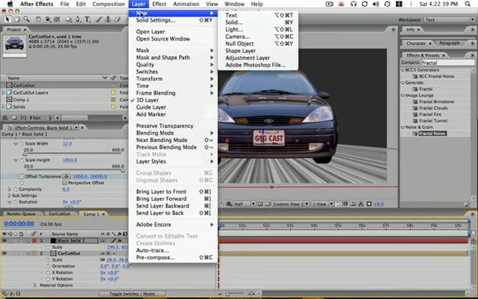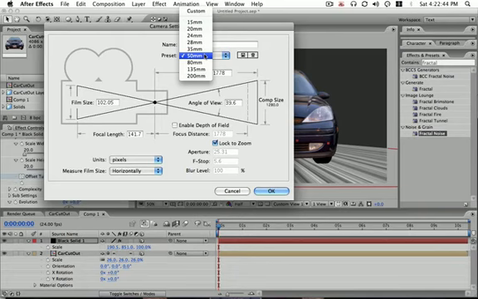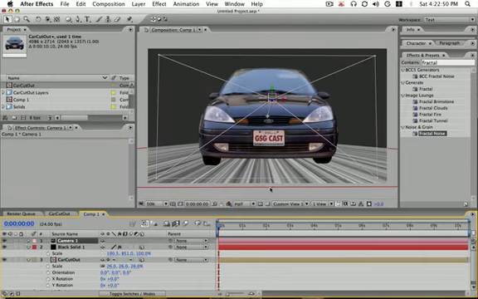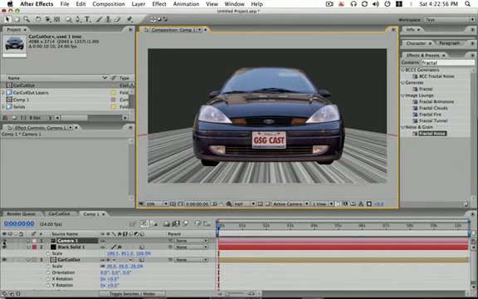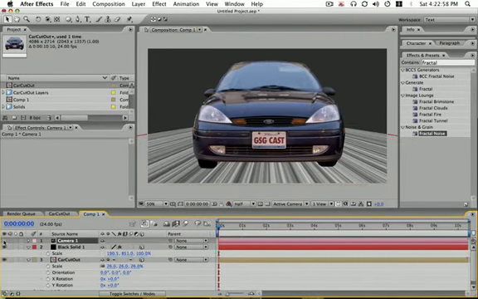to the road. So I'm going to add a new camera, and to add more perspective we're going to pick a wider angle lens, maybe 24mm will do it. When I click OK, let me go back to my active camera to see what that did. And you can see with and without the camera how that camera adds perspective to our car, makes it feel